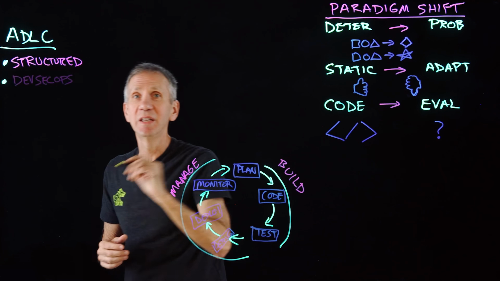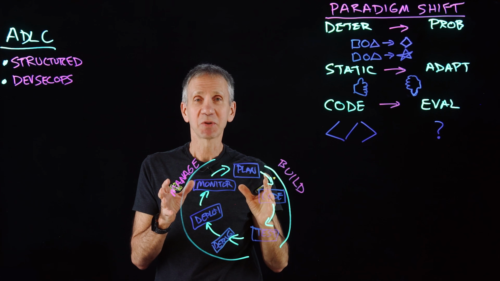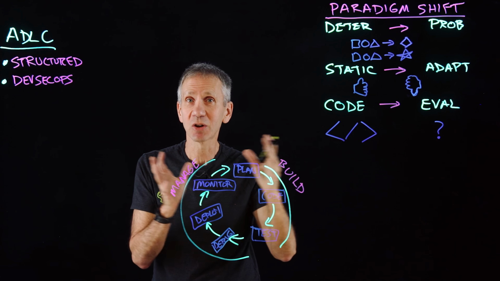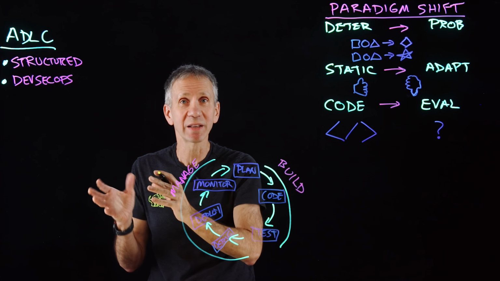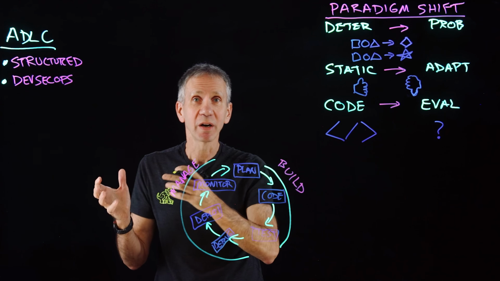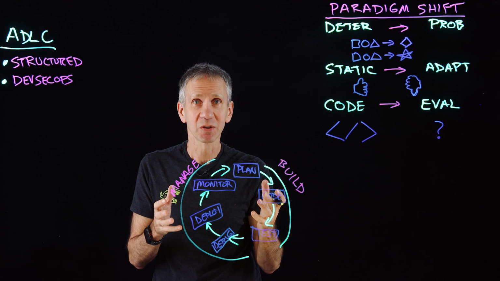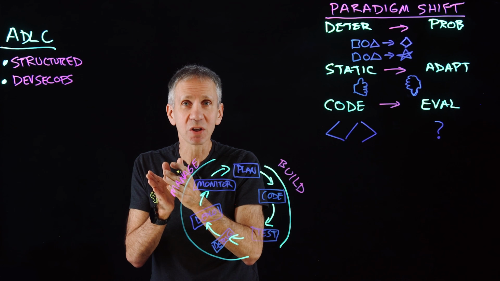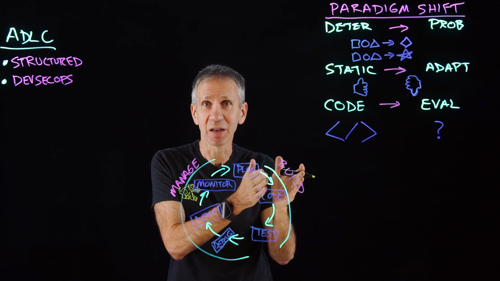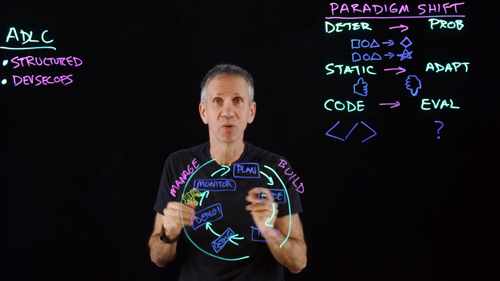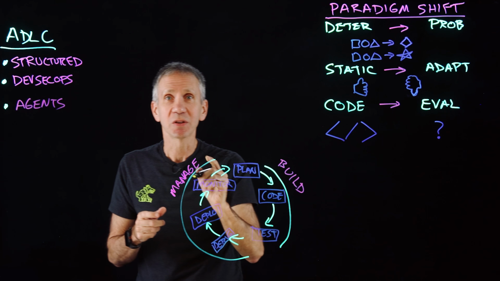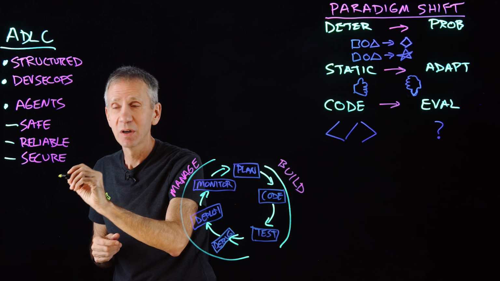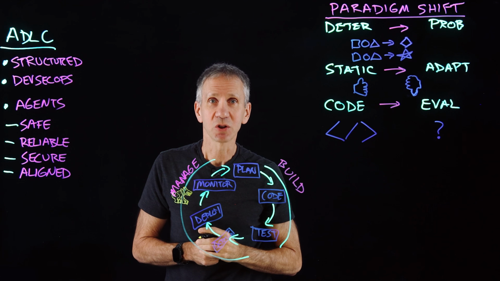And we do this across a DevSecOps approach. DevSecOps means, if you know about DevOps, that we're taking the development aspects and integrating them with the operational aspects. So we don't just write the code and then throw it over the wall. We're involving operations throughout the process and giving a way to integrate those things. With DevSecOps, now I'm inserting security at the beginning and the middle and the end. So security is something that is preserved throughout. Ultimately, we want agents that are going to be safe, reliable, secure, and aligned with the organization's goals.